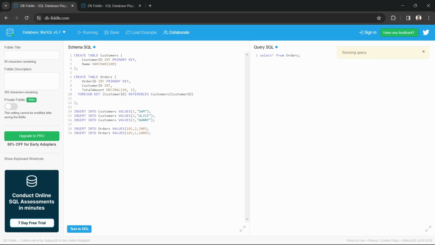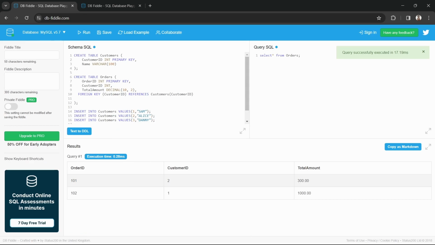Now if we run it, we can see that the data is the same, but now this customer ID is being referred to this customer ID of the customers table. So we can see the customer ID, which is not a primary key here, is referring to a primary key of the customers table. So this is how you can use the foreign key concept to reference the primary key or unique key of